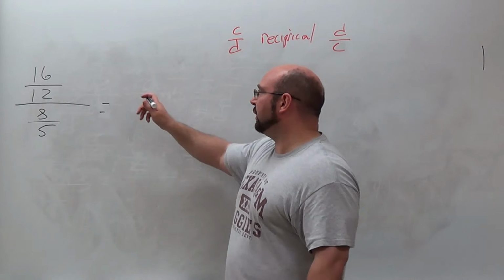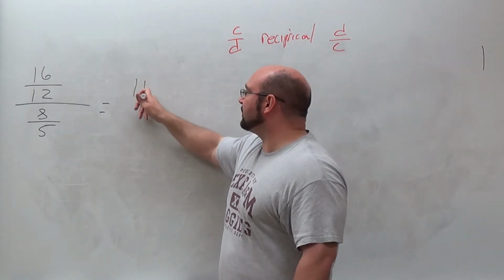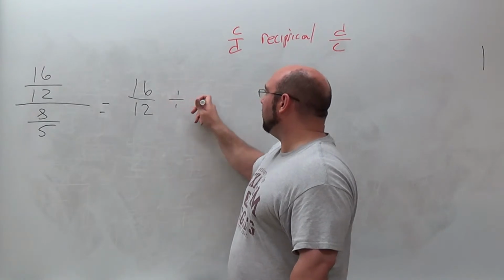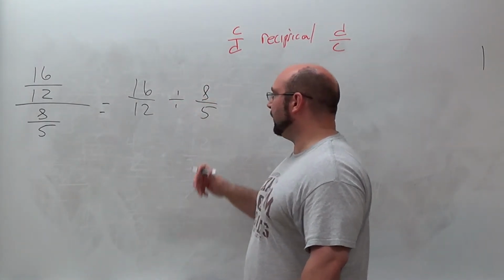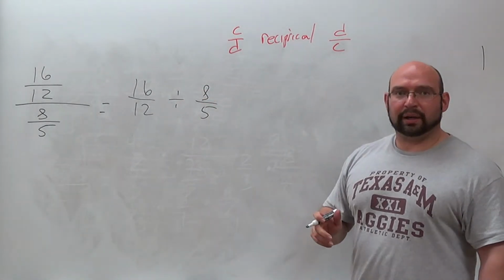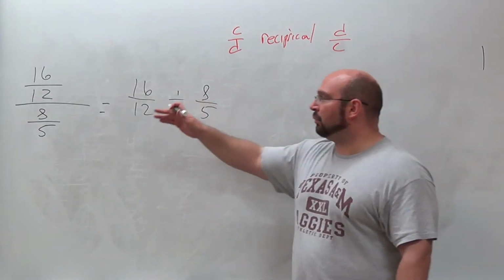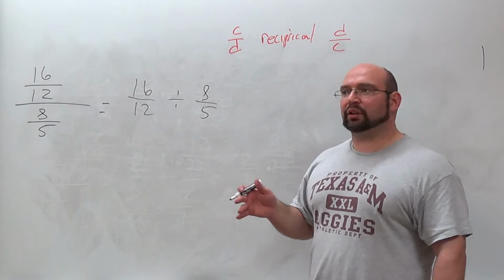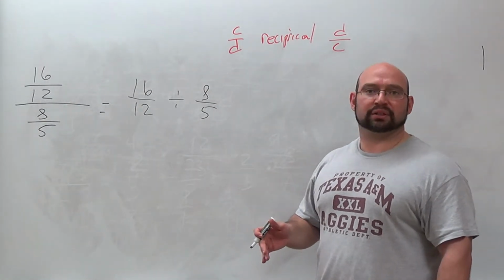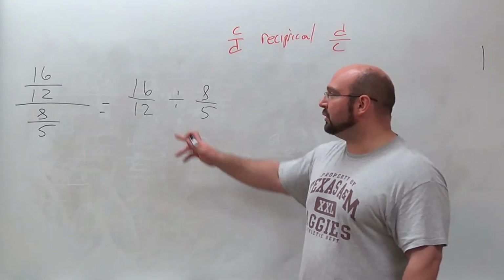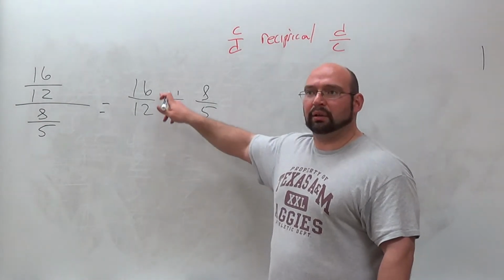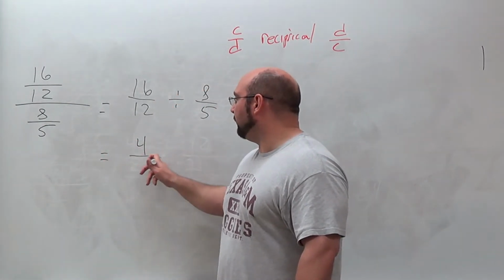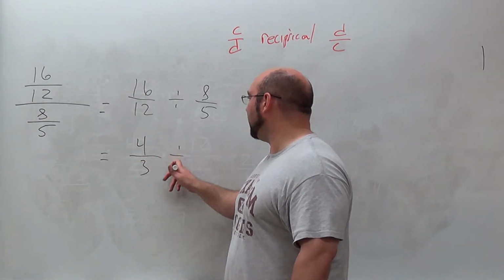So if I work this one out, this is 16 over 12 divided by 8 over 5, right? So right away I'm thinking, I know I'm going to have to flip, I know I'm going to have to multiply, so on and so forth, but I like to go ahead and reduce early. Do I have some reduction? Well, absolutely, the 16 and the 12, right? So I know that this is really 4/3 divided by